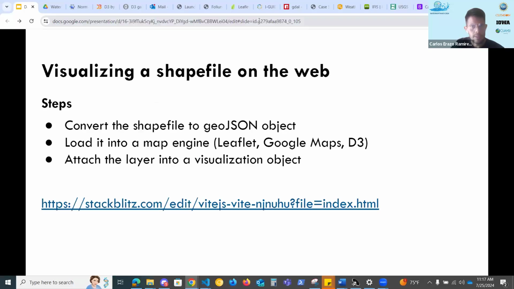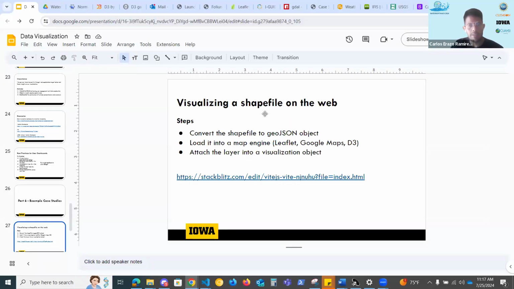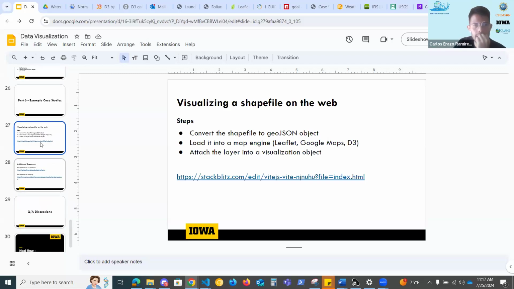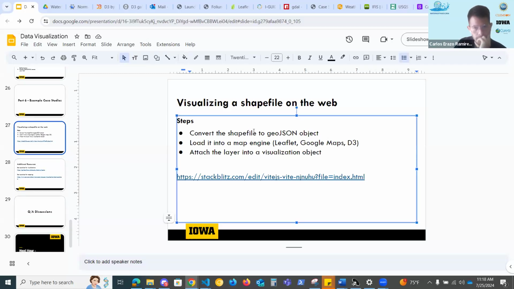Let's see. I'm going to close this part. And I'm going to start with the web applications. So I'm going to start with this example of visualizing a shapefile on the web. So